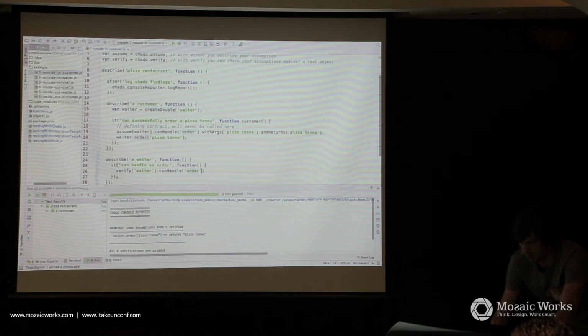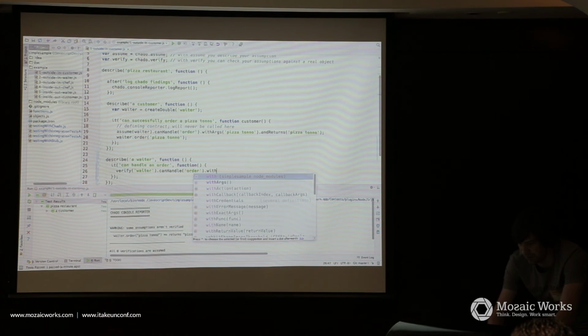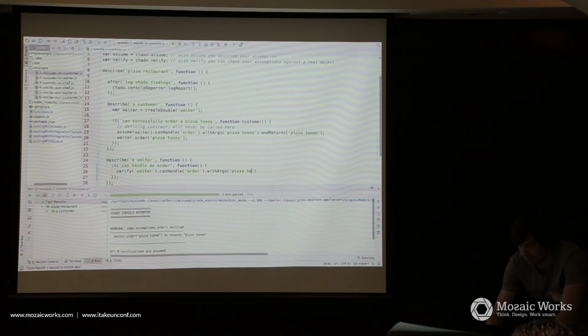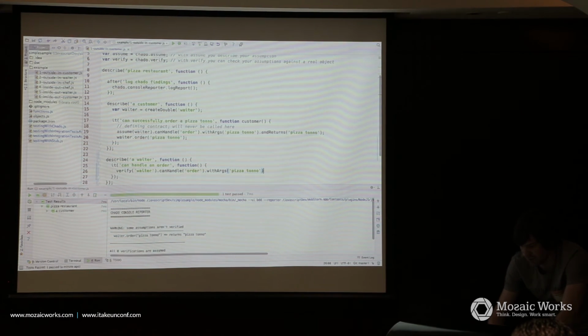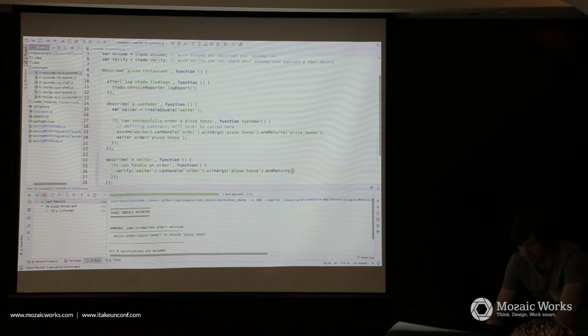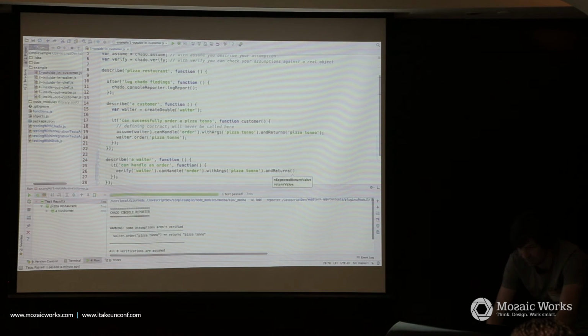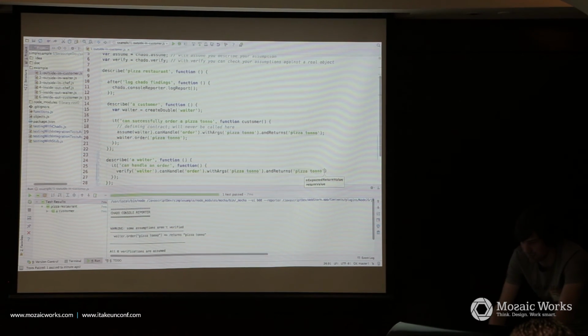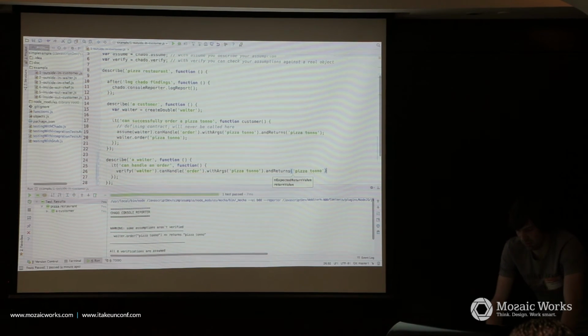I could copy it from above. The reason why it is so much blah blah is because the verification and the assumptions can be in separate files, which is very, very common because you do tests for the one thing here and tests for the other thing in the other test.